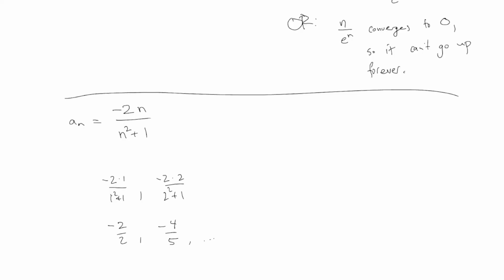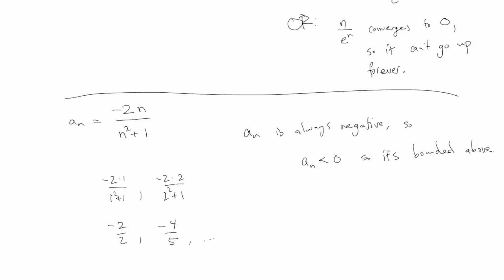They're all negative numbers. You can tell just by looking at this formula here, this must always be negative because the n's are always positive. So here, a_n is always negative. So a_n is less than 0, so it's bounded above. Right, that's what it means. When things are always negative, that means they are bounded above by 0. And what about bounded below?